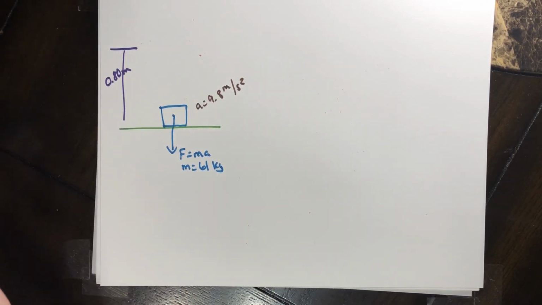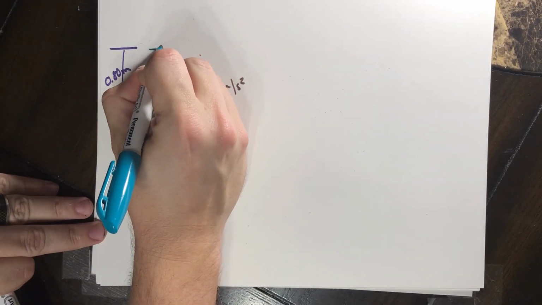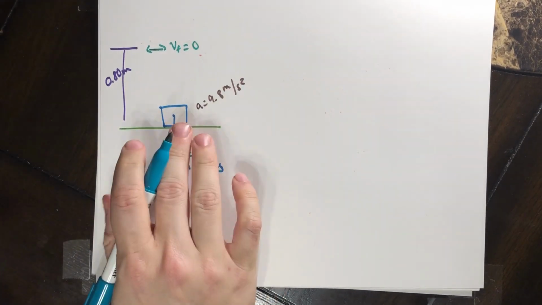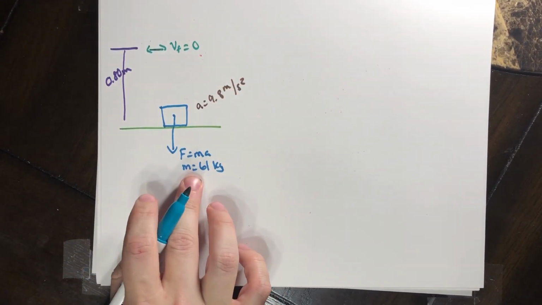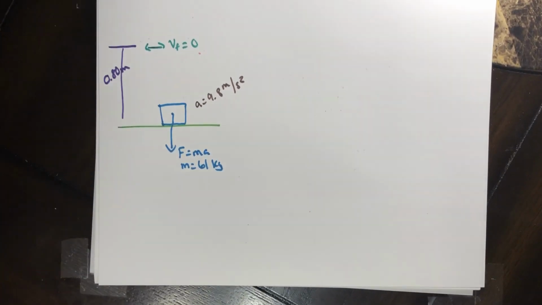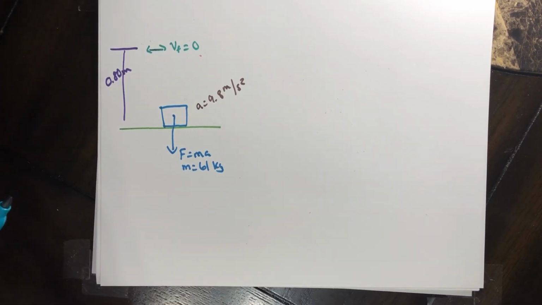But as soon as he gets to this very top point, his final velocity at this top point has to be 0, because he goes from a positive velocity to a negative velocity when he starts falling back down. So we can consider that the velocity at the very tip-top point has to be 0. Okay? So if we write down everything we know,